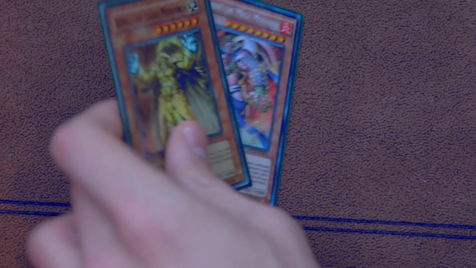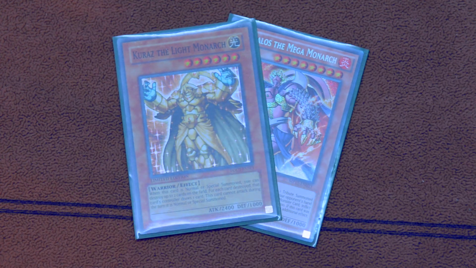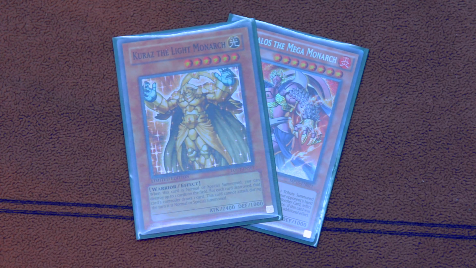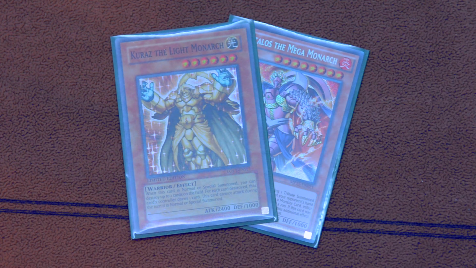because if I were to run more than that, I feel like it would clog the deck up, and I already run a decent amount of cards. For the Monarchs, next up, I like to run 1 Thestalos and 1 Karaz. Now, Karaz is good, but he's not great. I'm considering actually taking him out because he does miss timing if you use him with the Quantum cards and